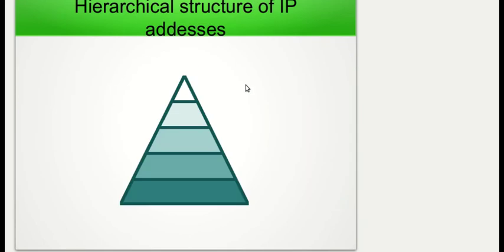So we've reached the end of this video and we've seen how the hierarchical structure of IP addressing can help with routing, and it makes routing more efficient. We've seen that by hierarchical structure, all it is is that certain parts of the IP address have special meaning. And by grouping devices together based on that meaning, it makes routing more efficient, because instead of having loads of specific routes, we can have more general routes and still have full